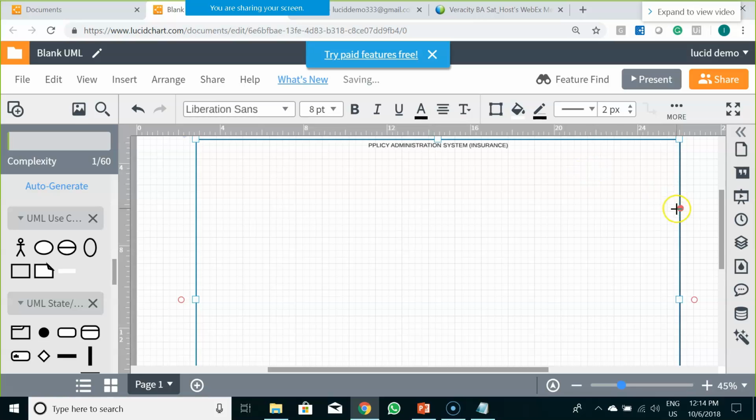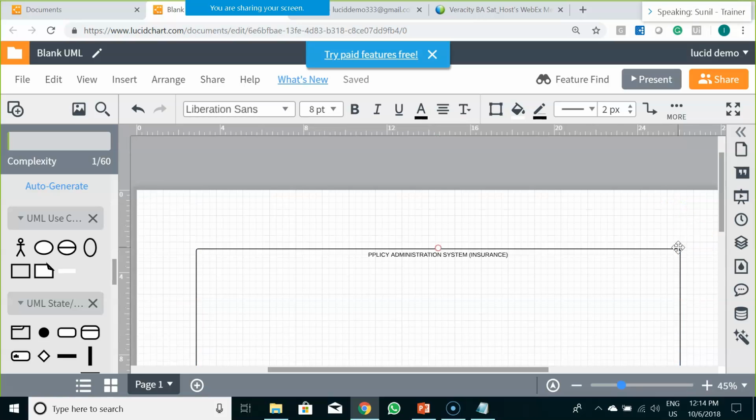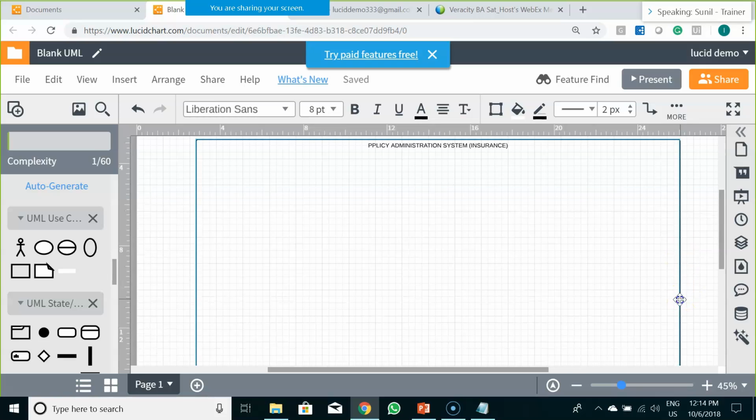Okay, now this is our system boundary, policy administration system.